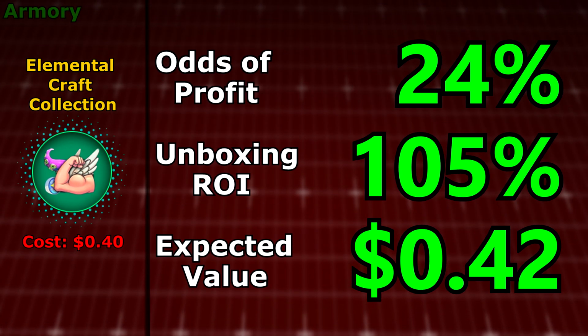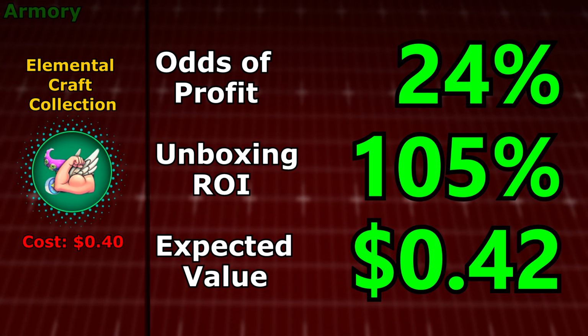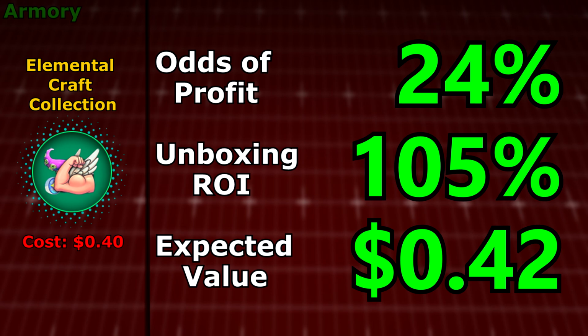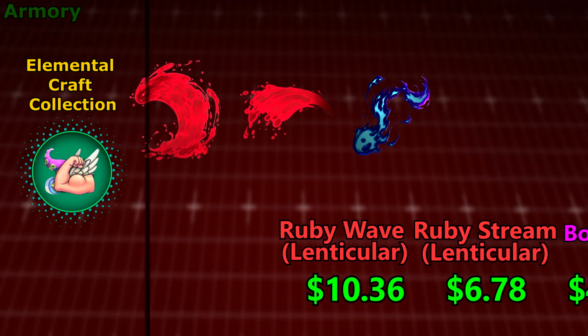And finally, the best collection in the whole game is the Elemental Craft collection with an odds of profit of 24%, an unboxing ROI of 105%, and an expected value of 42 cents, so a 2 cents gain. The best item is the Ruby Wave